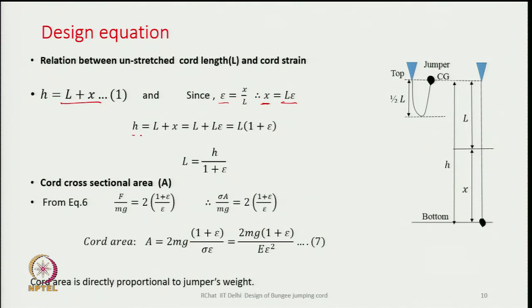So, H we can write, if we substitute the value of X, we get this, and therefore, length of the chord in an unstretched state is going to be H by 1 plus strain,